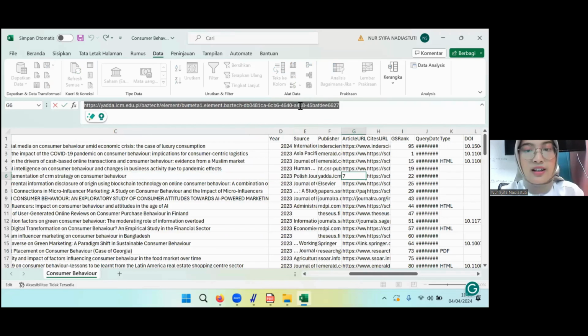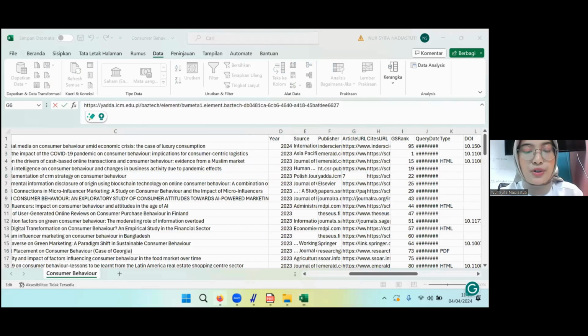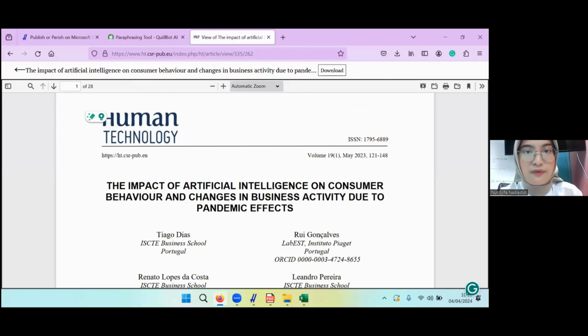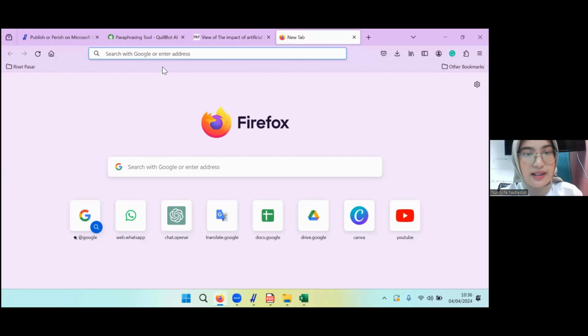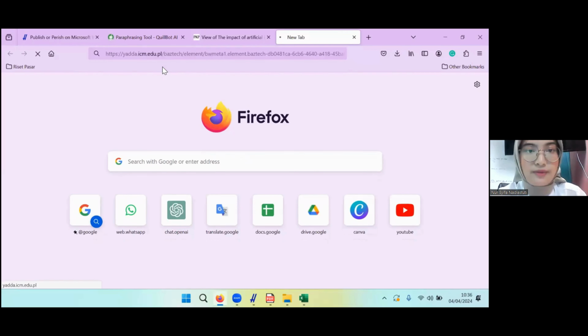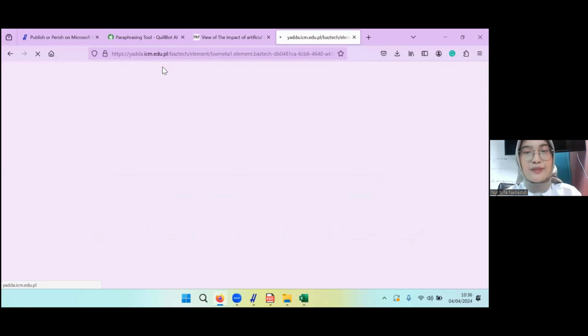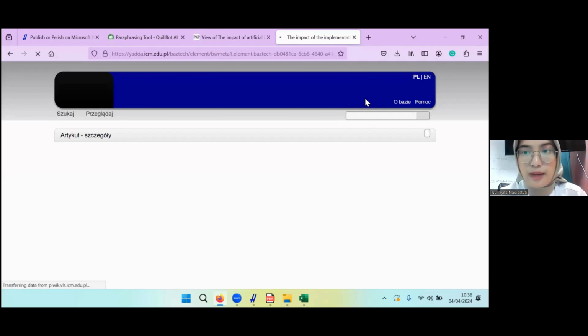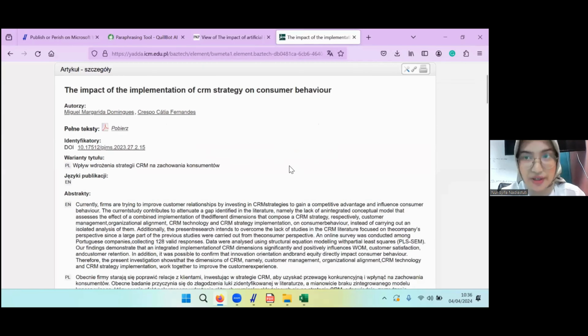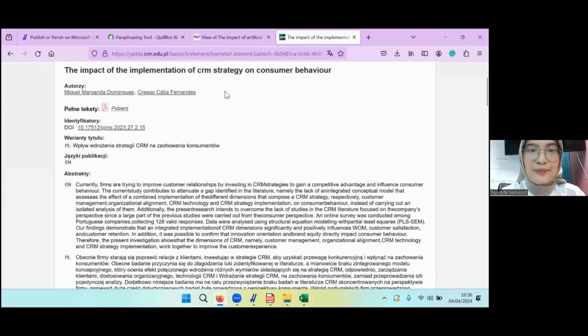You can copy and paste it, and also open Mozilla Firefox and paste it there. And that's the step-by-step of how to use Publish or Perish. I think it will help your life more effectively.